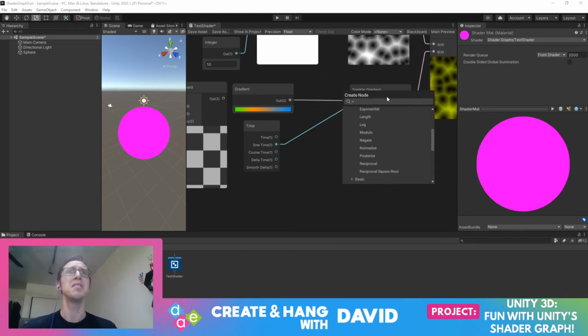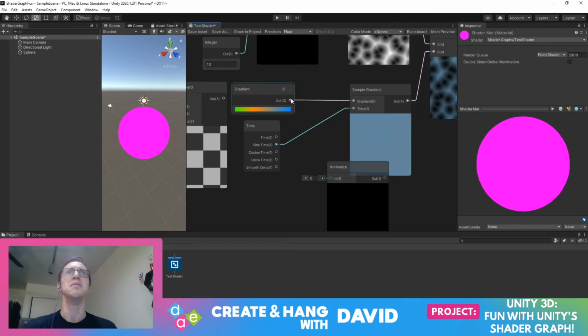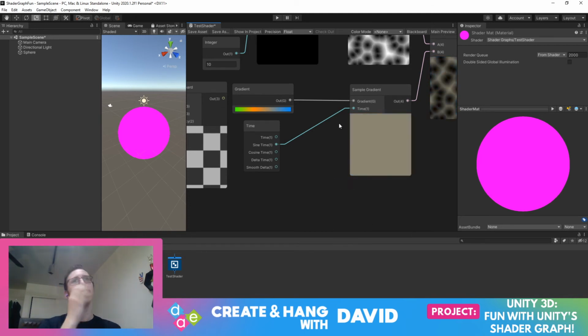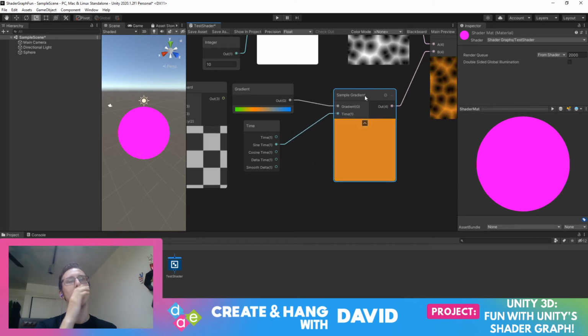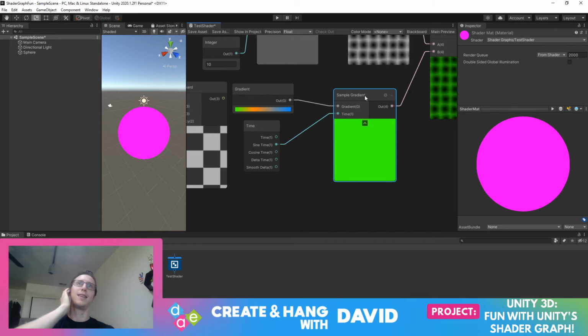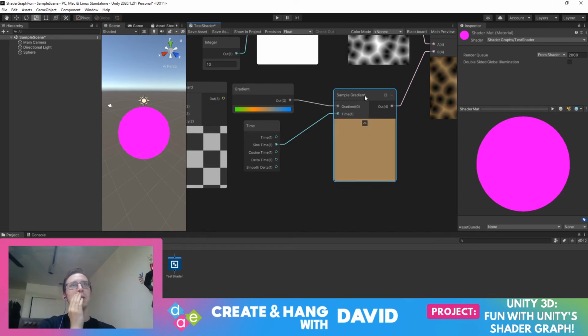Maybe we have to normalize it? Ugh. Hope not. Nope, okay, good. How do you convert a gradient? Oh, I guess you can't, can you? No, you have to take this color. Okay. So